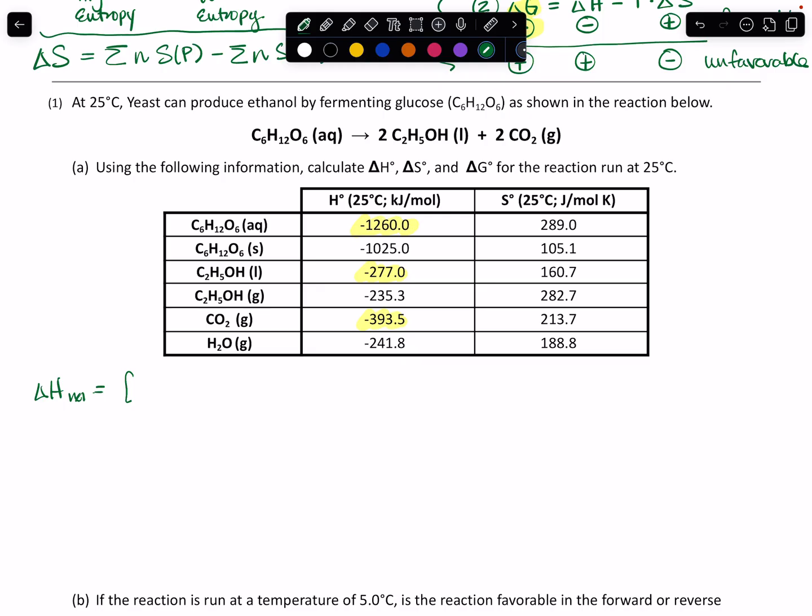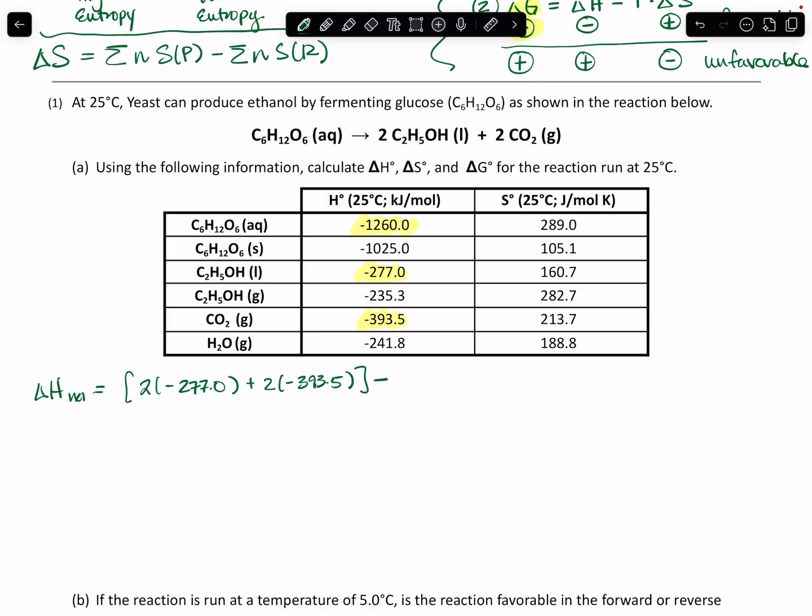So I start with the product side. I'm going to leave my units out for right now because it gets kind of messy. Oh, whoops, I just switched CO2 and H2O. Hold on, let me do this the right way. All right, so back. Ethanol, 2 times negative 277.0 plus 2 times for my carbon dioxide, negative